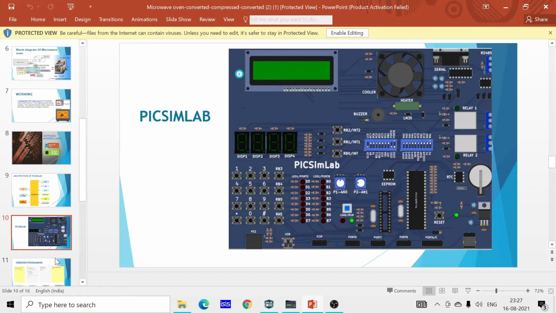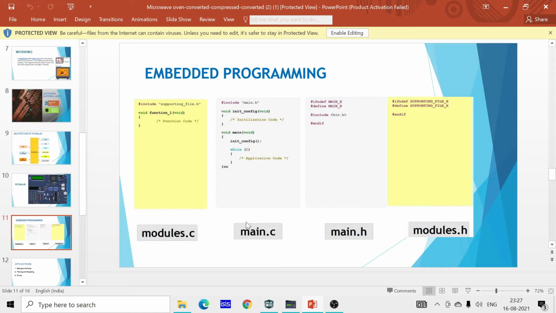Now the next slide is about embedded programming, which is the software working. For writing the code, we need to know where we will write the code and where we need to print, so we have to confirm that it depends on our target board and development environment. Every .c file should have a .h file, like main.c has a main.h.